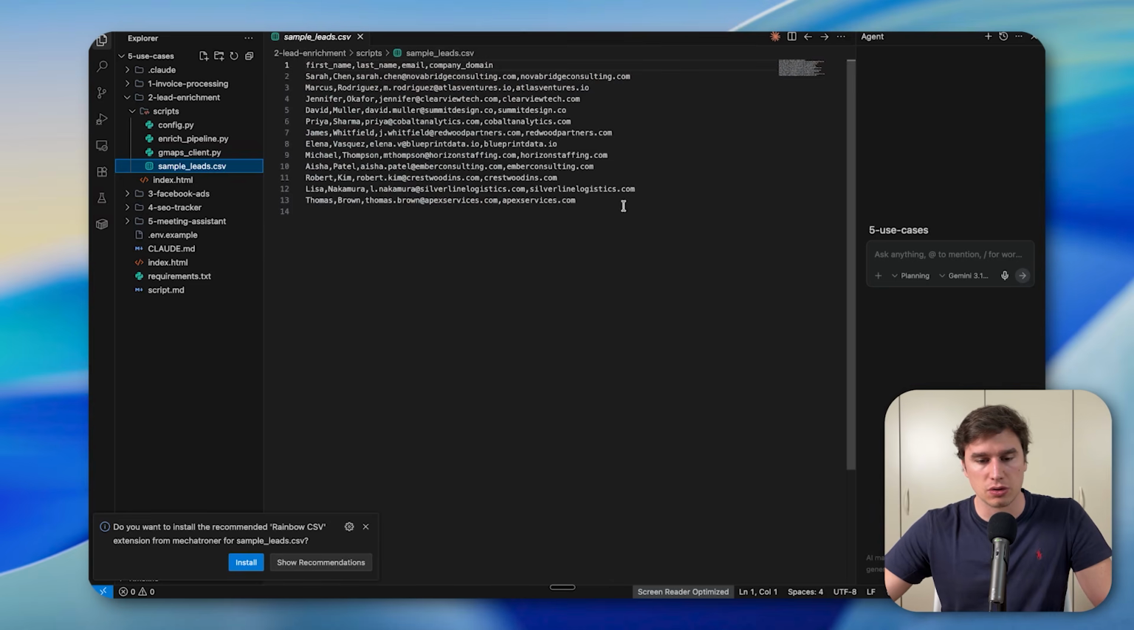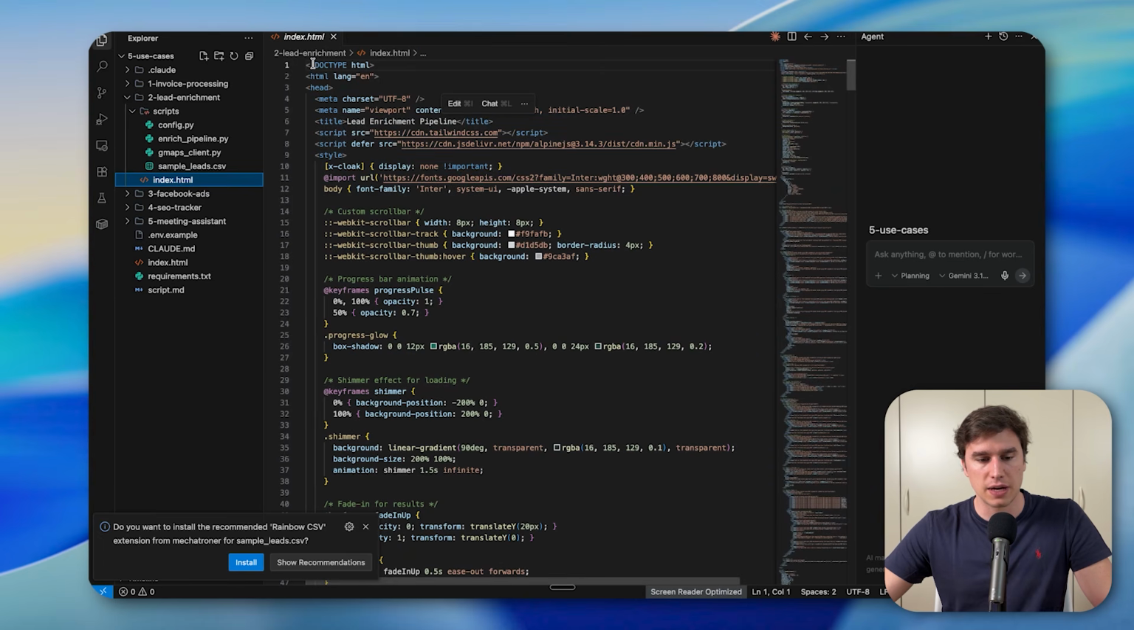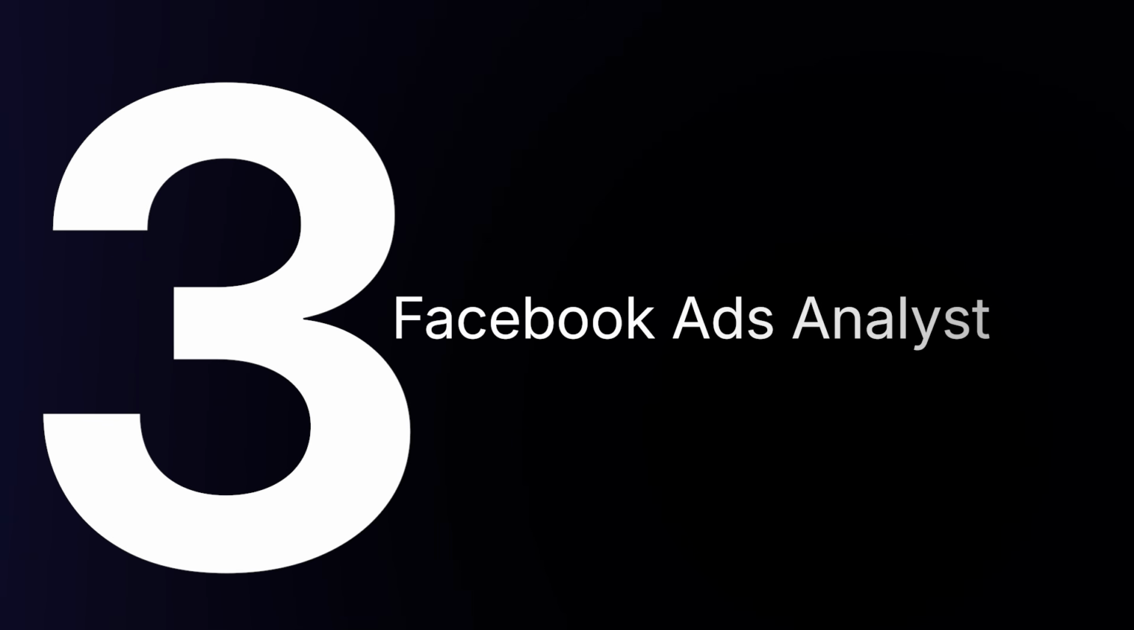And here I stored also the sample leads, which is what I wanted to use after I scraped them. And here it's the index.html. So with that aside, we can go to the use case number 3. So use case number 3, Facebook Ads